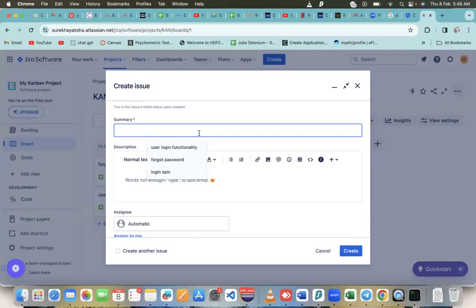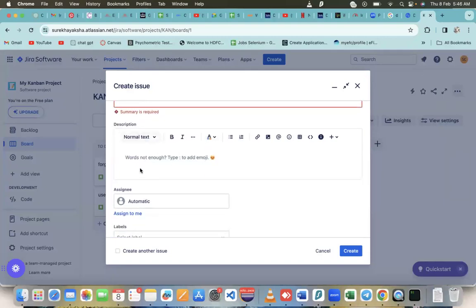For example, user is not able to log in even after giving valid password. If the situation is that the user has given valid credentials and still is not able to log in, then here you'll give it as: user is not able to log in even after giving valid credentials, just a single line summary. And then here you'll give the detailed description. After entering just the explanation, further explanation of it you'll provide in the description, and you'll also give